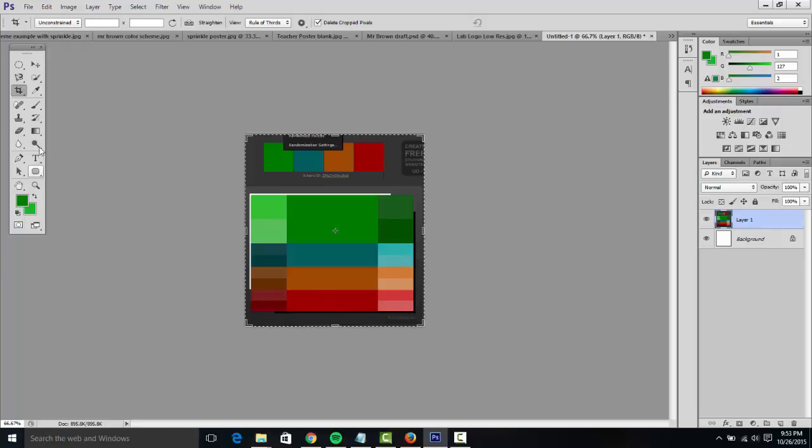And so what I'm going to do is, and this is really important, I'm going to use the eyedropper tool. I'm going to select the one in the lower right hand corner, that sort of light red. And then I'm going to switch the foreground and background, and I'm going to get the dark red. And then I'm going to switch it back one final time. We want light on the top, the lighter color on the top, the darker color on the bottom. Does that make sense? Lighter on the top, darker on the bottom. Let's return to